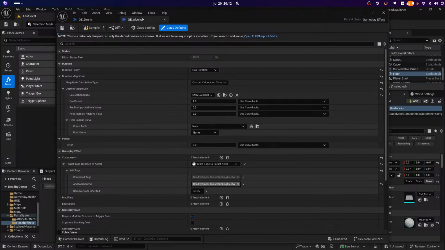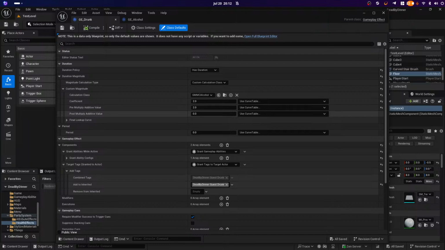And then for normal alcohol, just the same thing, but just the once. So this will be like 2 plus some proportion of 3. And drunk will be 2 plus